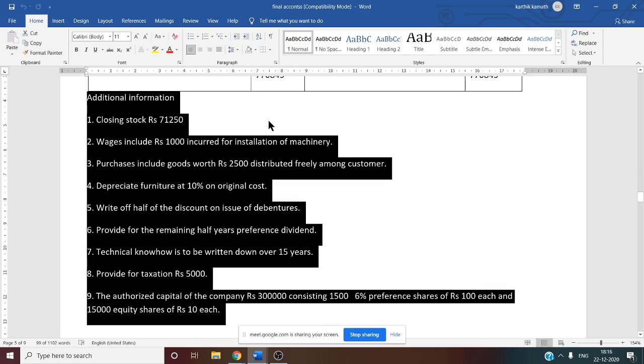Whenever there is an adjustment, it comes two times. So closing stock 1 you can show in working note number 26, opening stock minus closing stock, that is changes in inventory. And second thing, working note number 17, inventory, you have to show closing stock.